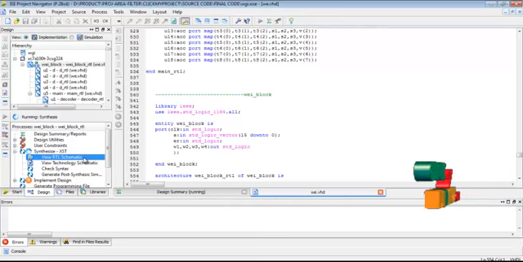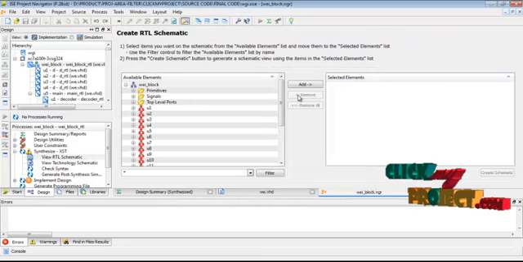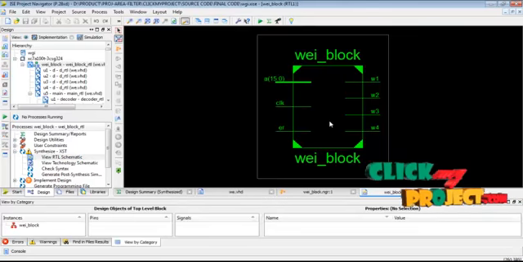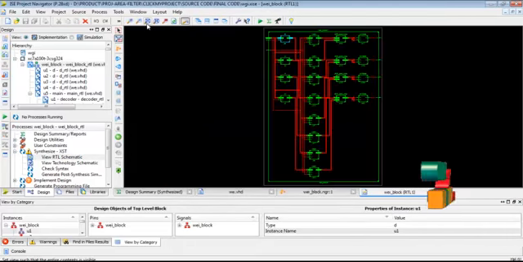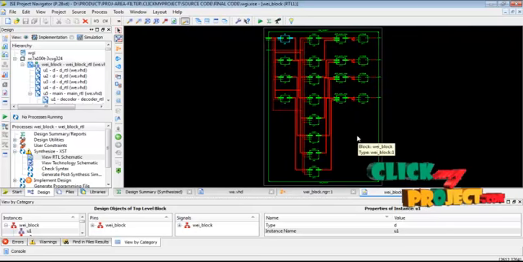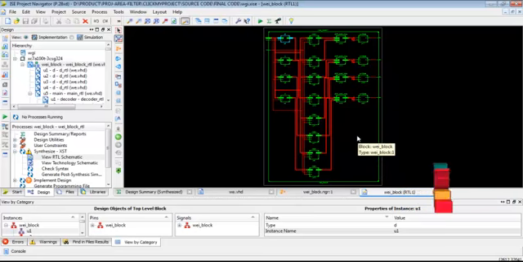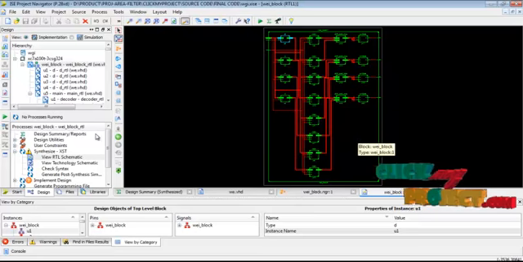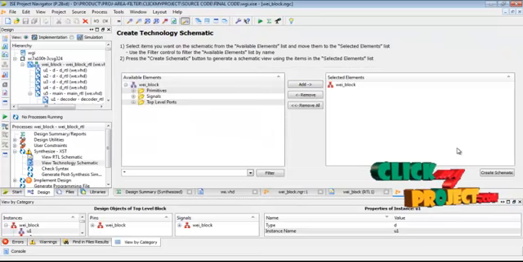The RTL schematic diagram is mainly used to create the RTL diagrammatic representation. Just we double click this diagrammatic representation, which is mainly used to show what logical blocks are placed in our weighted filter architecture. Then the technology diagram